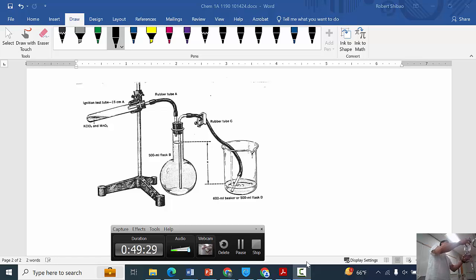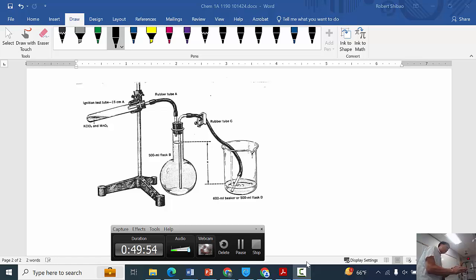And so what I'm going to do is equalize the pressures. To equalize the pressure, I make sure the weight of the atmosphere is equal to the weight of the air trapped in there by equalizing levels here. Do you see that? And then I have just the right amount of water trapped in there. Okay. So what I need to do is equalize the pressures, and then what I'm going to do is